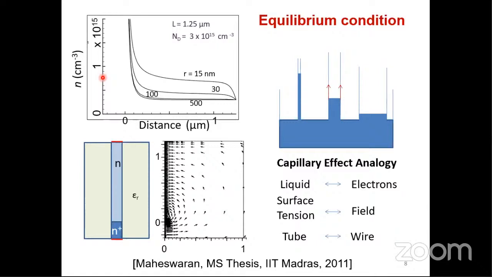I have even placed the cursor there. It's around 0.8. 8 into 10 to the power 8... 0.8. Right. 8 in 10 power 15, which is 3 into 10 power 15 plus 5 into 10 power 15. So where are these carriers coming from? These extra electrons, where are they coming from? In this region, where are the extra electrons coming from?